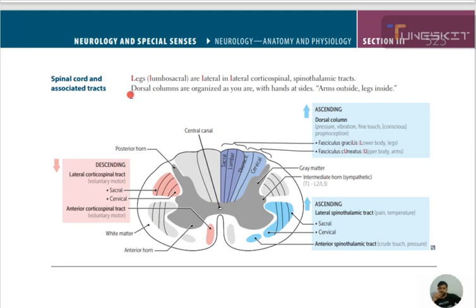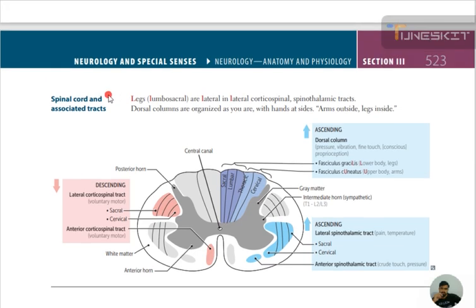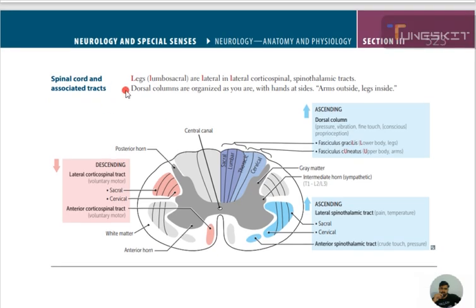So we left off in the previous video, and we are now discussing the spinal cord and the associated tracts. Keep in mind that legs are lateral. So, lateral spinothalamic, corticospinal and spinothalamic tracts. You can see here the lateral spinothalamic tracts and anterior corticospinal tracts. These tracts are located laterally,